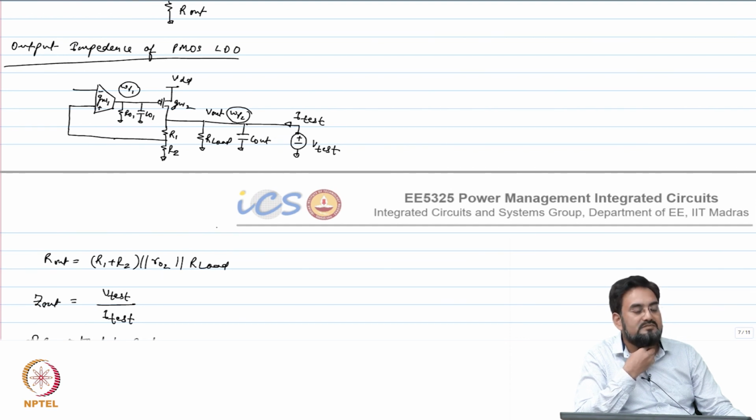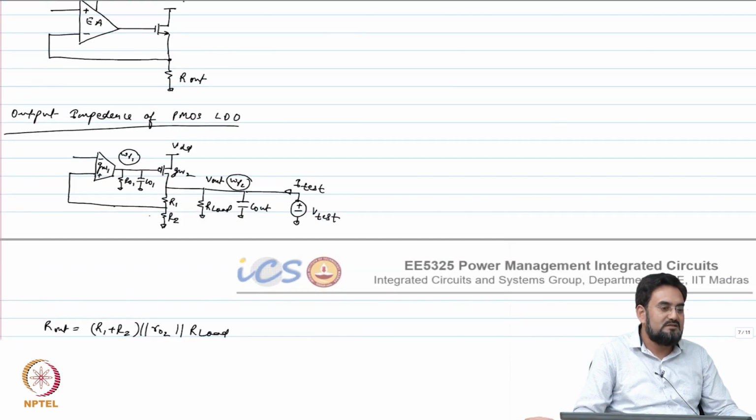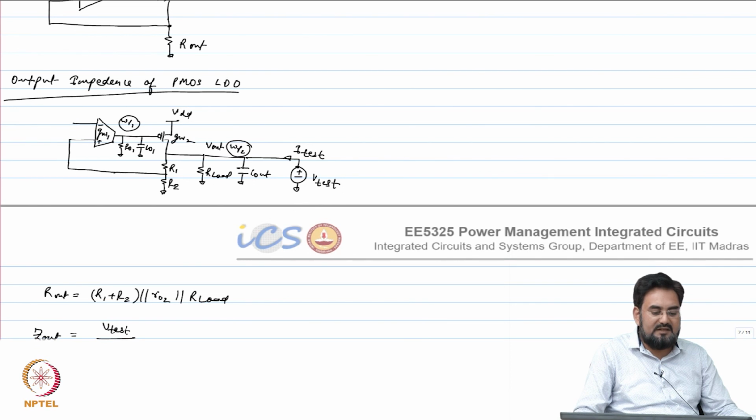Yeah. So R out DC will not change. Why would DC R out change? It is only the capacitor you are increasing. Oh, but in terms of frequency response it will. Yeah, but why would DC change if you are changing the cap? I can make this capacitor anything. If you make it infinite, even then your R out is the same. R out is not going to change. It will affect only Z out.